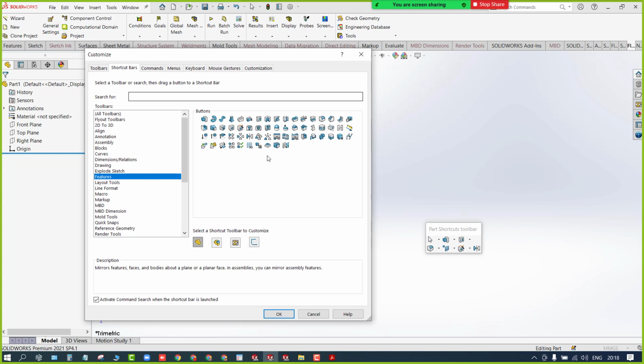And same thing, what and all you need, you can add it. So let's say I need draft, I'll add it. And even I need the shell. So like this you can drag and drop it. If you don't want something, you can select and drag it outside, so it will act as a dustbin. Okay, like this. Let me add again.